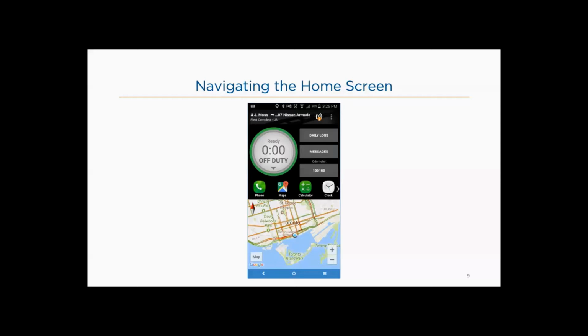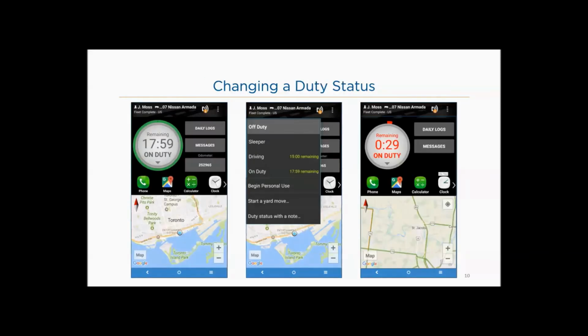Lastly is the map view with the driver's current position based on GPS. The driver's duty status can be changed by tapping the duty status wheel. The options presented are off-duty, sleeper, driving, with remaining available drive time for the shift, on duty, with remaining available